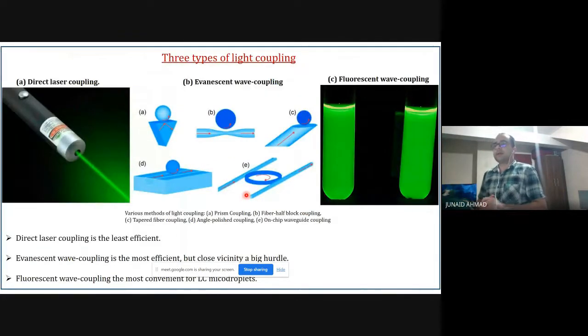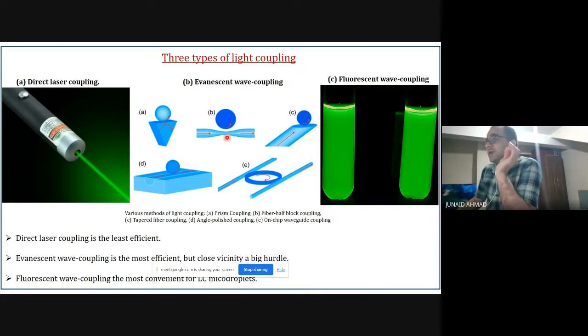So in order to couple light, basically in order to trap the light inside these optical microcavities, there are generally three methods of doing so. One is direct laser coupling, one is evanescent wave coupling, and the last one is fluorescent wave coupling. The direct laser coupling is quite weak in a sense because this does not help in the case of liquid crystal droplets, because it mostly violates the condition of the critical angle. As such, light is unable to be trapped inside those droplets. The second method is evanescent wave coupling. This is the most efficient method, but very inconvenient in the case of liquid crystals because the droplet and this evanescent-wave-forming optical component have to be within a distance of 1 micrometer, which is very